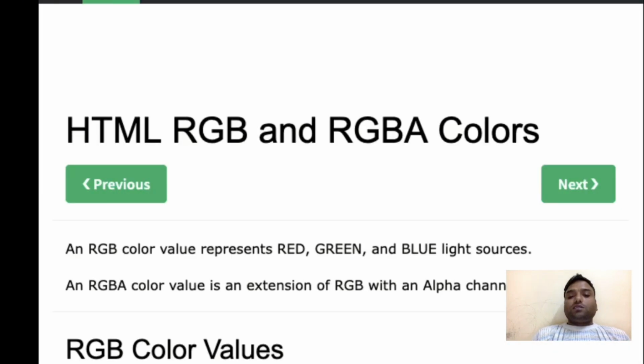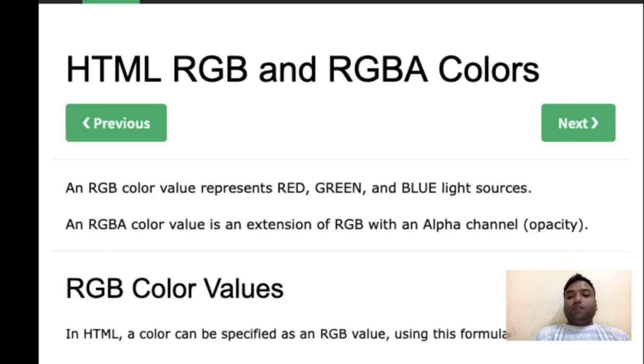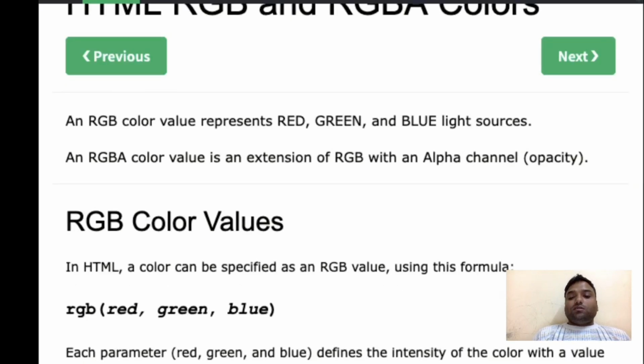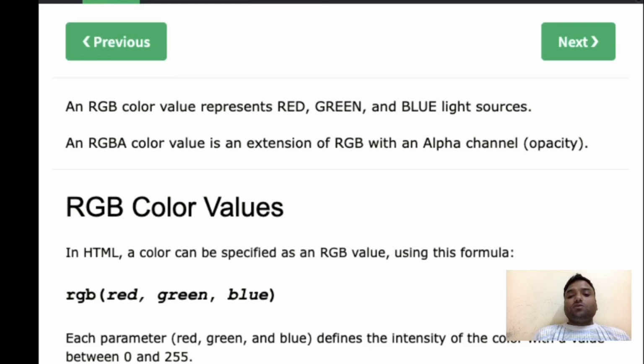Here you can see alpha channel. Alpha channel means opacity. So we can also show its opacity, like how much transparent it has to be. So basically the values are from 0 to 255. These values can be there for red, green, blue. So you can make this much color combinations